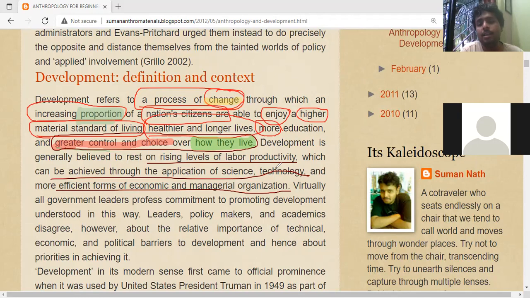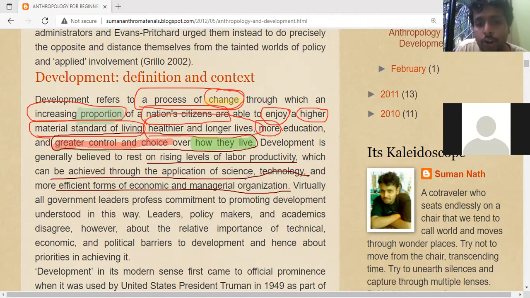যদি আমার সোসাইটিতে if we have that technology and skilled labor, not only technology but also skilled labor, you can have a very good technology, you can have a very improved machine, but you also need somebody who can run that machine. সেই মেশিনটাকে চালানোরও কিন্তু তোমার লোক লাগবে। তার মানে লেবার প্রোডাক্টিভিটি যদি বাড়ানো যায়, শুধু প্রোডাক্ট করলেই হবে না, that has to be sold. সেখানেই আসছে ইকোনমিক এন্ড ম্যানেজেরিয়াল অর্গানাইজেশন।